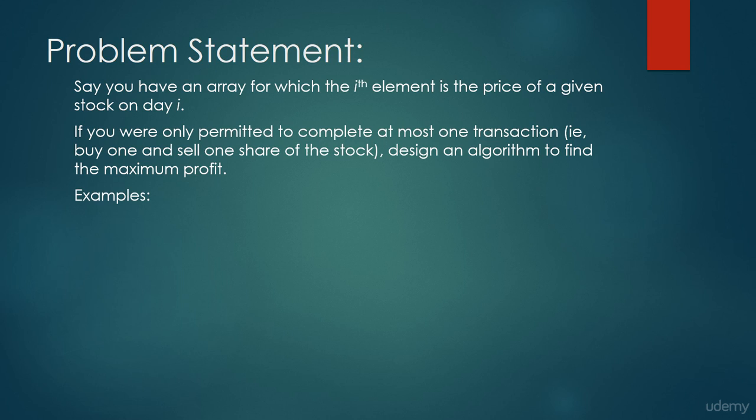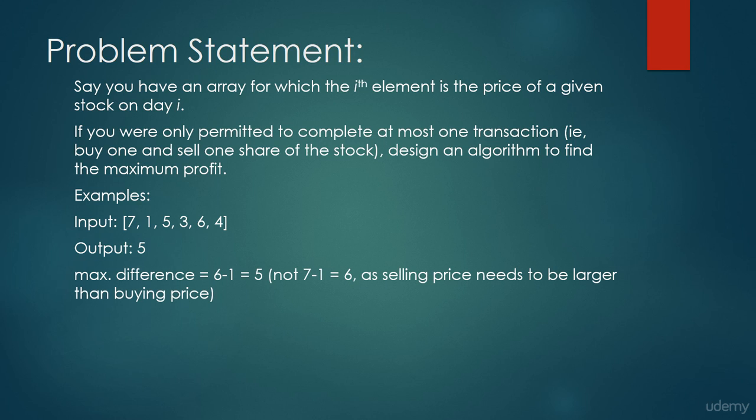So let's take a few examples just to understand what the problem is really asking. So let's say we have an input of 7 1 5 3 6 4. That means that the stock on the first day was $7, second day $1, third day $5, and so on. Now, if that's the input, then our algorithm should return 5 because the maximum difference is if we buy stock on the second day and we sell the stock on the fifth day, when the price is 6. So right here, if we buy here and sell here, then we make a profit of